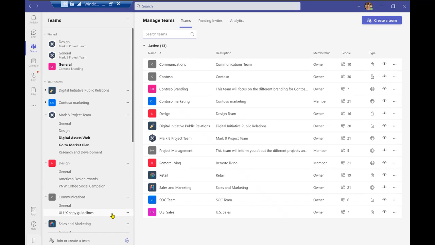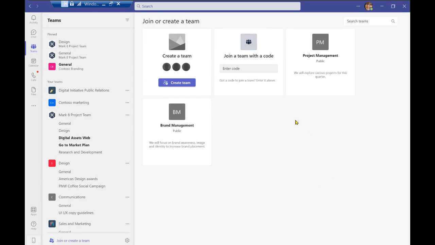Now, we are going to go over and review the Teams owner experience. So we did review how to navigate and access all of your teams, but now we are going to focus on creating a team overall. Once again, I want to draw your attention to the left side of your screen, and you'll see the Join or Create a Team button right over here. I'll go ahead and select that, and we did see this before when we were going to enter a code to join a team, but we will specifically be focusing on creating a team.